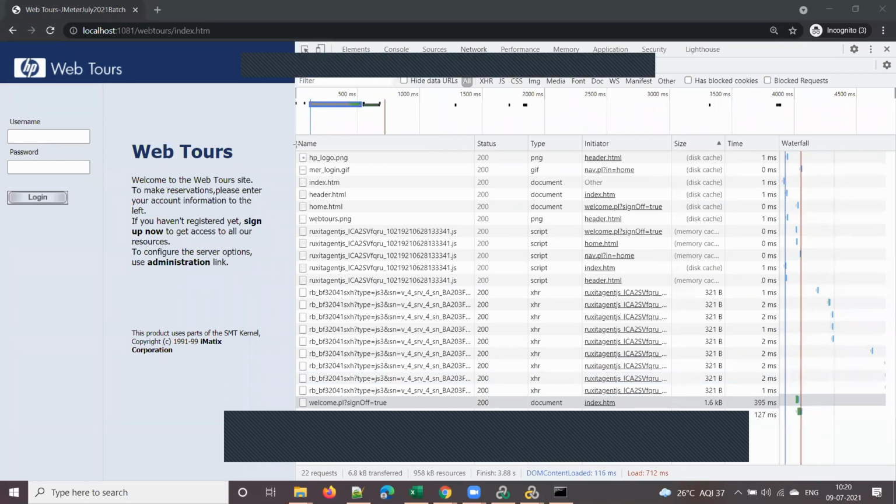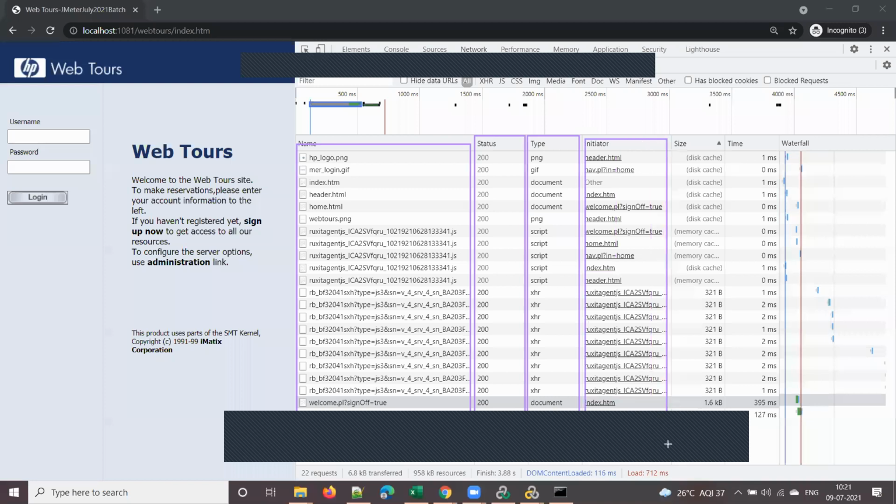See, these are all the sub requests, and these are all response codes of each request. I'll explain what a response code is, what type of resource it is, who initiated that request, the size of each request, and how much time each component took, right? Use all these details in the network tab, right?